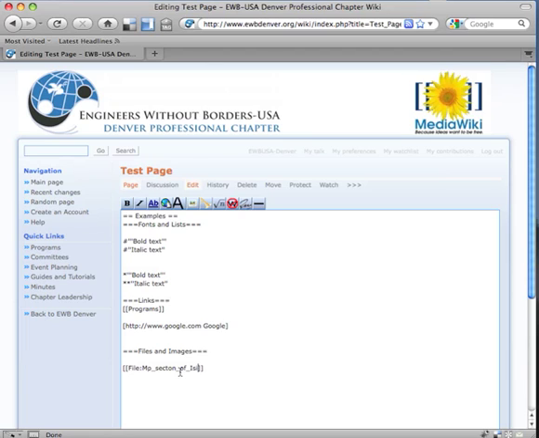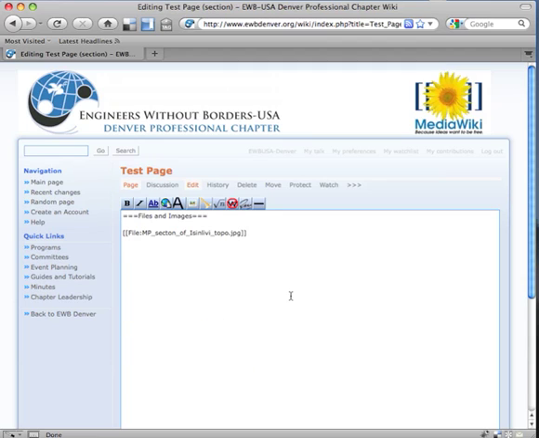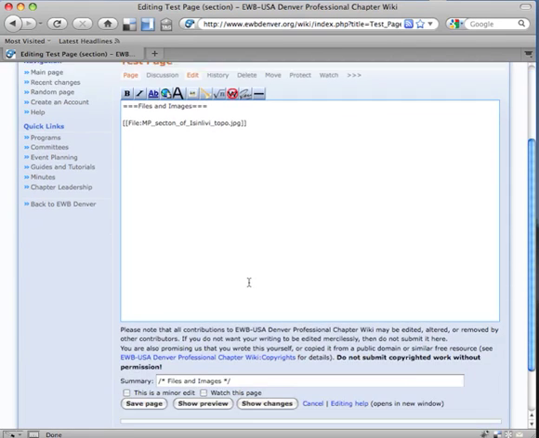Now let me just read what the file name is. It's a little long, and it's a JPEG. So let me just double check to make sure that I spelled all that right. Now this is a typo in the file name here actually. Oops, VI. Okay, now that we have the file name written here, we can take a look at what this will look